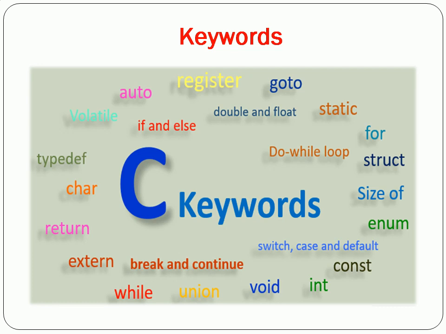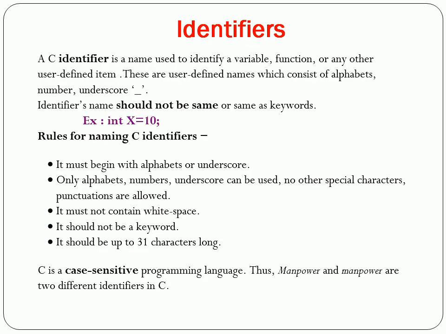Finally, a keyword is nothing but a word which we cannot access, whose functionality we cannot change, and which we cannot reprogram. These are all predefined and loaded into the C libraries. Followed by this, we shall discuss identifiers. An identifier is nothing but the name you declare for your variables, values, functions, arrays, etc.